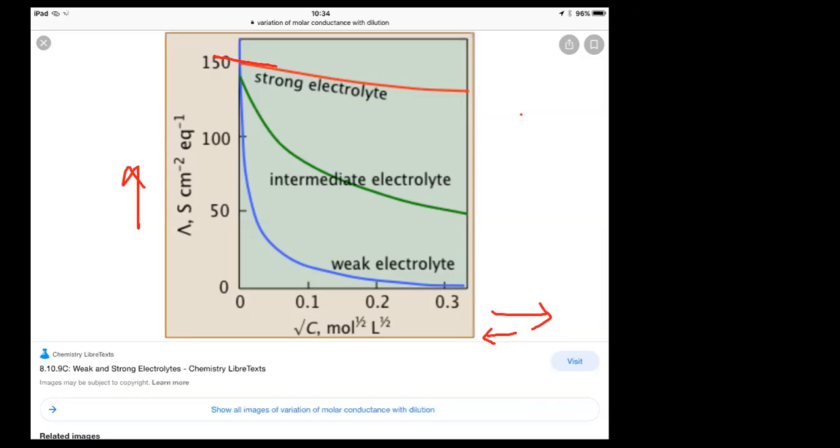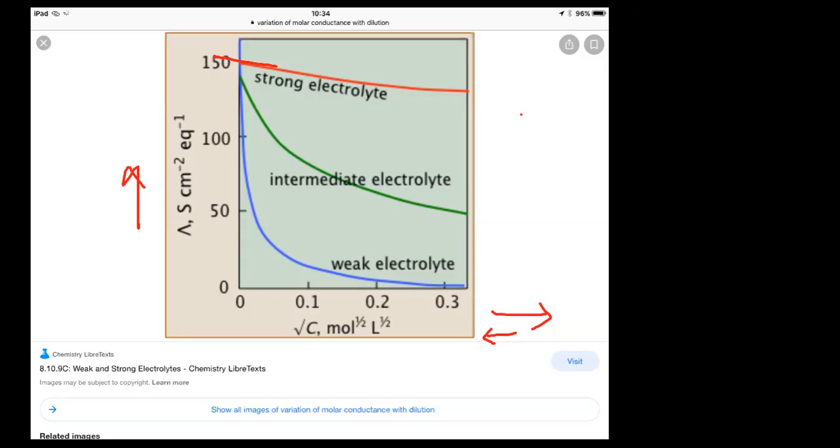All right. In the case of intermediate electrolyte, you see it is also showing a gradual increase. The increase is quite better than the increase shown by strong electrolyte. Try to understand, in the case of strong electrolyte, the conductance is already high when the concentration is 0.3 moles. For the same concentration, if I'm talking about intermediate electrolyte, its conductance is less than the strong electrolyte. But as we move on, you can see that it is showing a sharp rise in its conductance.